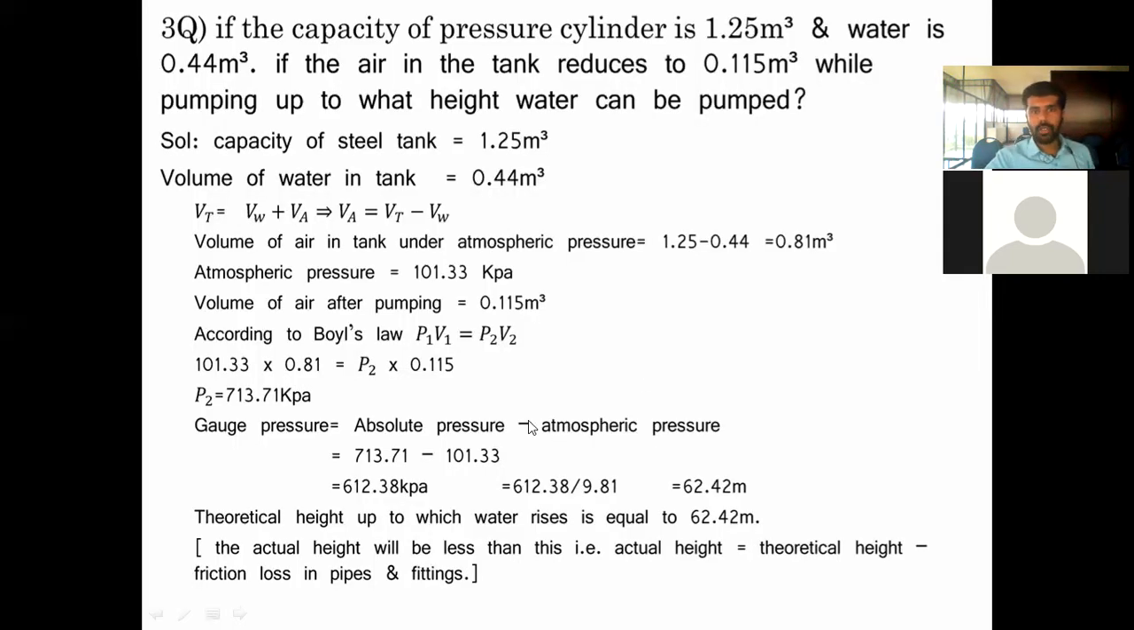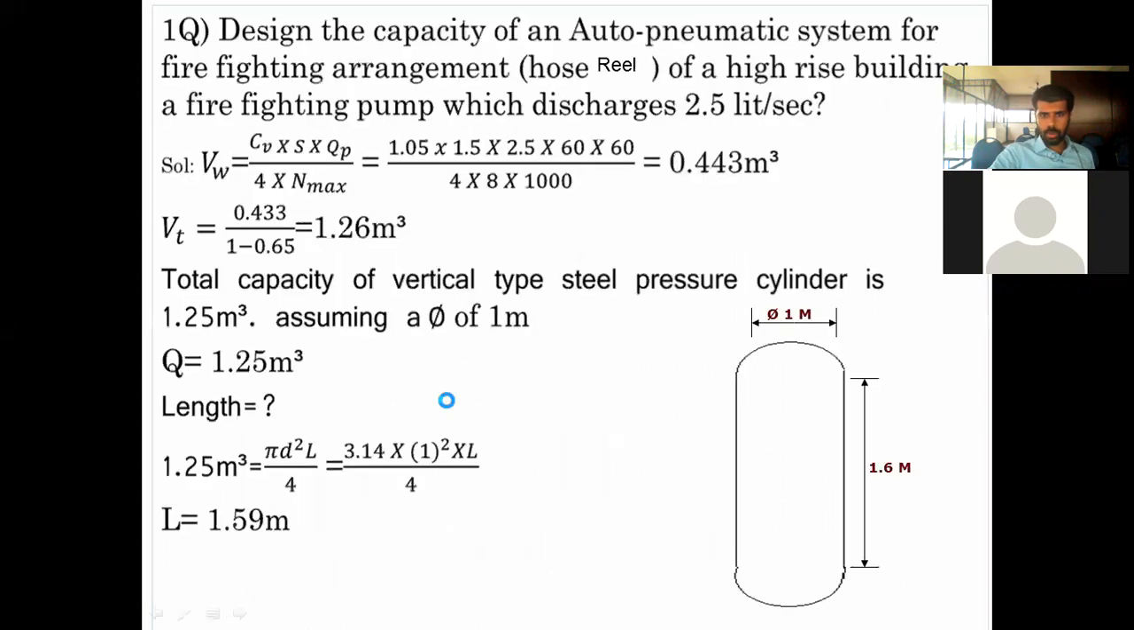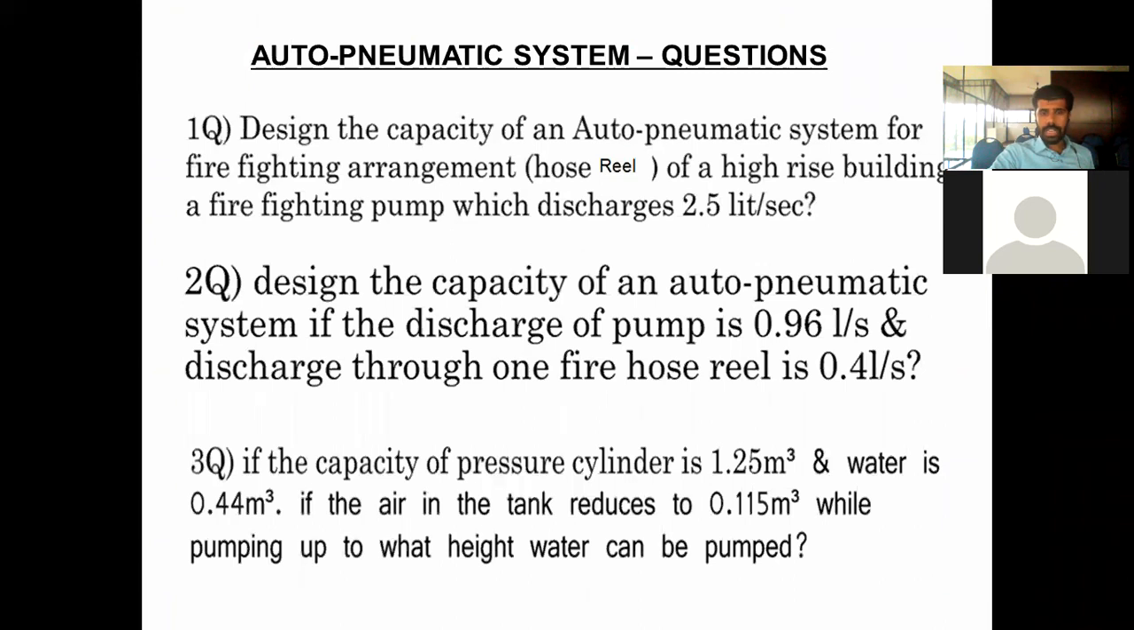So we have studied how to find the capacity of the pressure tank. We have also studied, if the pressure tank capacity and the water capacity as well as the air capacity are given, at how much height we can supply the water. And we have studied about the auto pneumatic system. And one more thing,